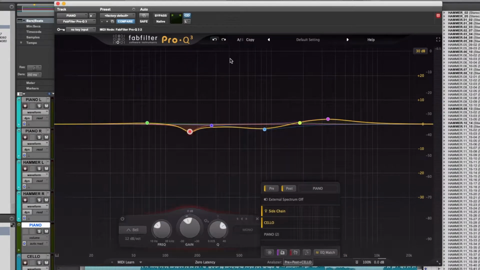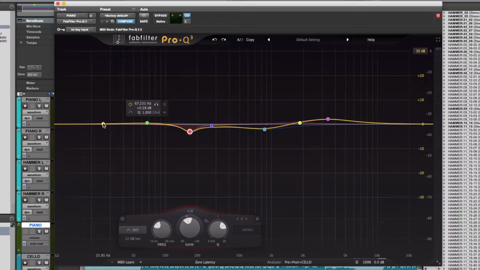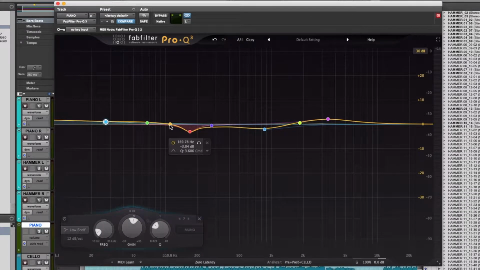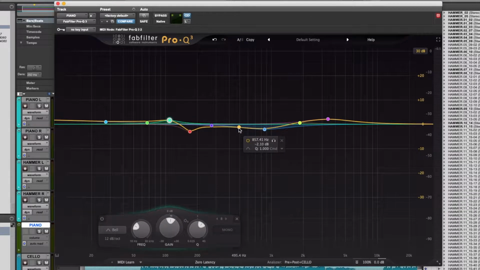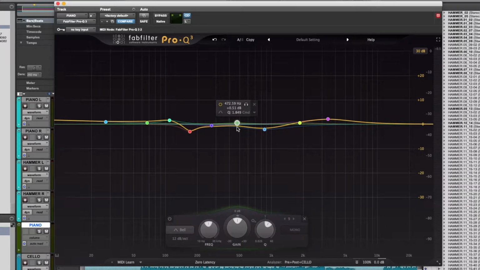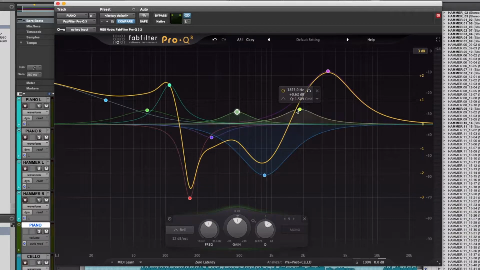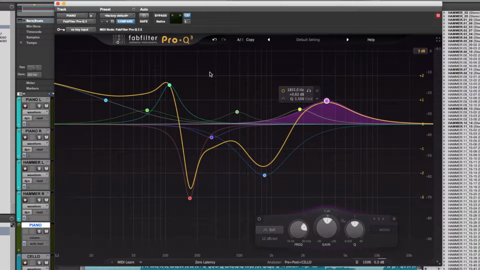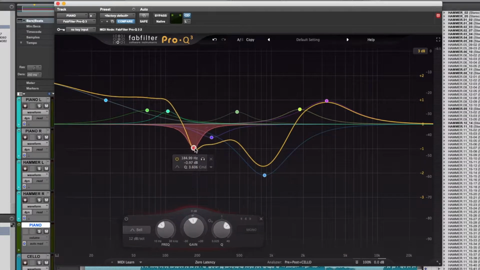That's easy to do. The FabFilter Pro Q3 is clearly a versatile plugin. It supports up to 24 bands, which makes it really easy to get really surgical with your tracks if you want. And it's really easy to make broad changes or really small changes if you so choose. Presets are always a good starting point for a mix, and the interface is just very simple in general.